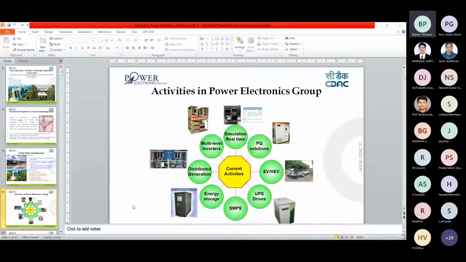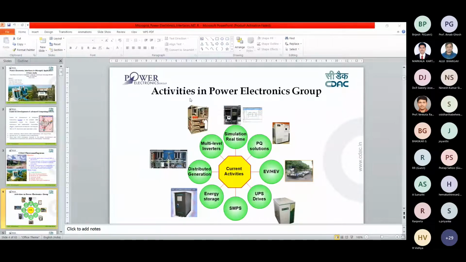So we made the power electronics interfaces for these energy resources. We made the basic interface modules. We term them basic interface modules, or BIMs.